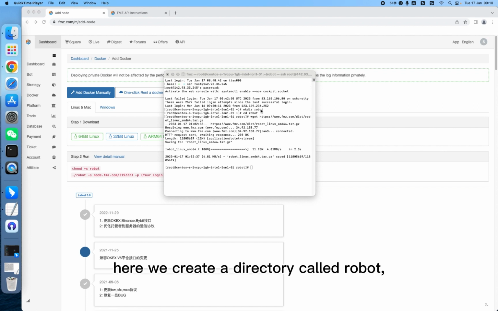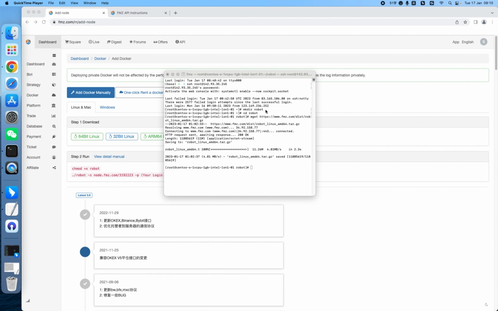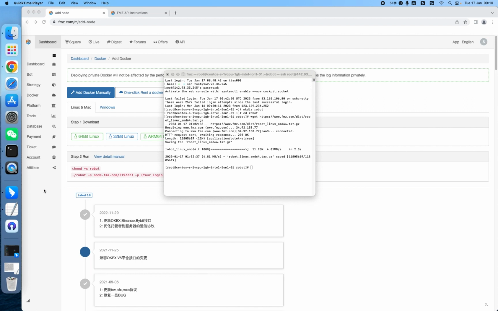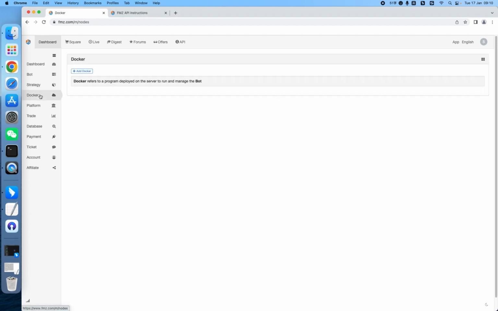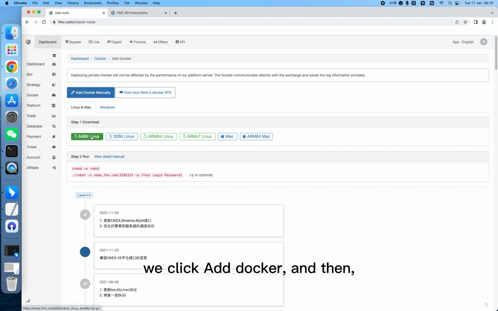Here we create a directory called robot, which is specially used to store the Docker's directory. Then we go back to FMZ to download the Docker. Here on the Docker page, we click Add Docker, and then